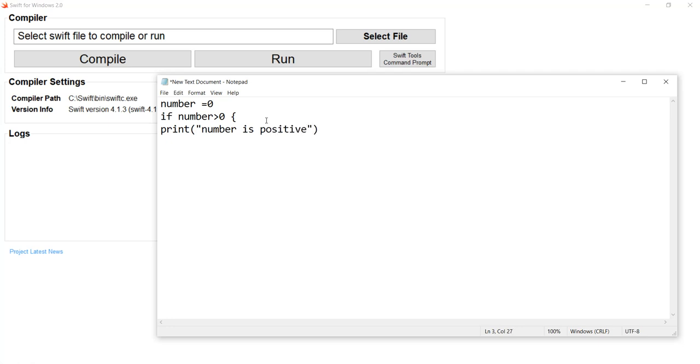Once the statement is over, we are just going to close it with the curly braces. So this is the if part here. In the if part, we are just going to print that the number is positive. Then you are just going to put the else part.